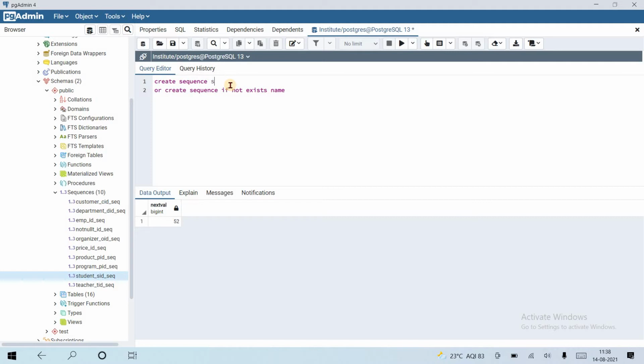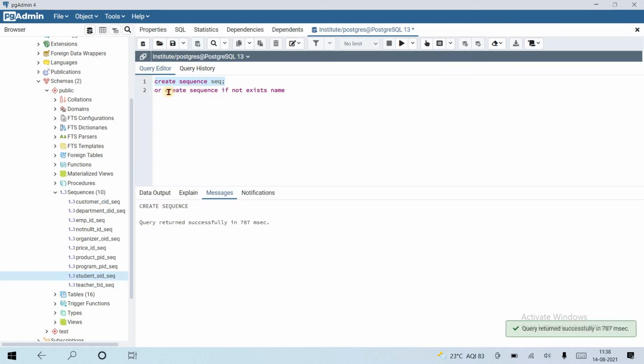And good also, if I create a sequence here and run this only, the sequence is created. And if I run the second query, the sequence already exists, but it gives me just a notice. Okay, let's create a sequence with the seq name.